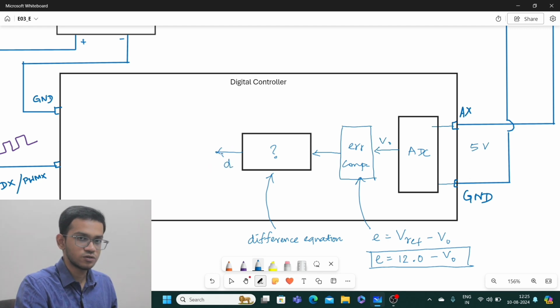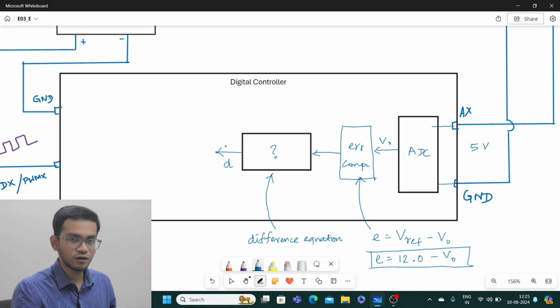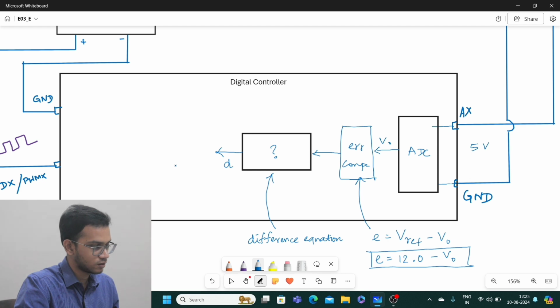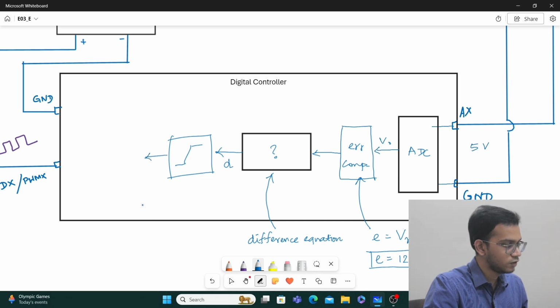Now, this duty ratio could be any number. It could vary from minus infinity to plus infinity. But for a power converter, does it make any sense? No. It has to lie technically between 0 and 1, ideally. Technically, it should lie between some 0.2 to 0.8, not even in the extreme scenarios, because the parasitic elements will become dominant when you operate the converter in extreme duty ratios. So we have to saturate it. We have to saturate this duty ratio first, and then with the saturated duty ratio, we have to produce a discrete sawtooth wave